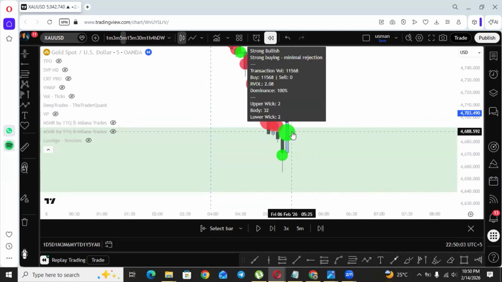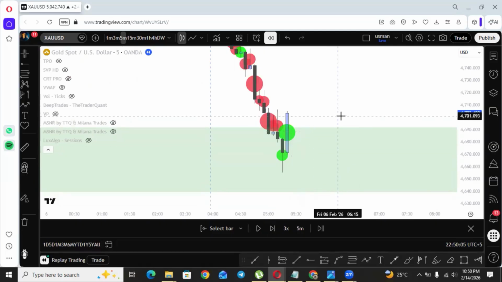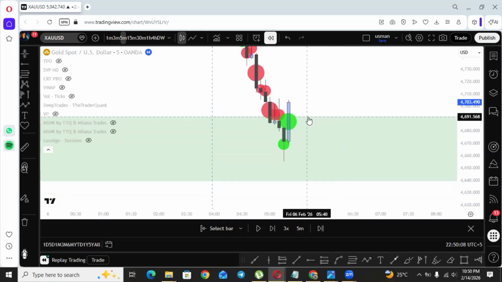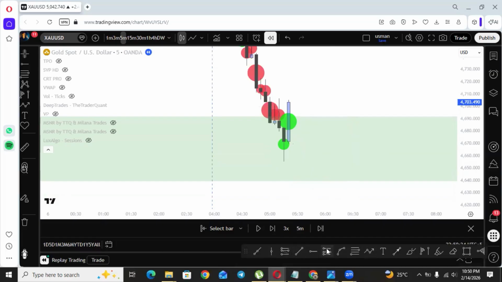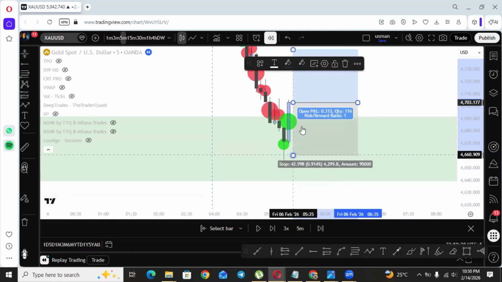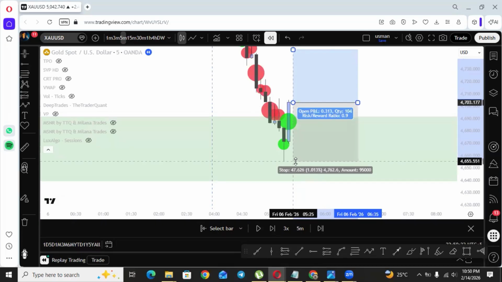We got a good follow through from the buyers. So we have confirmed that sellers are completely absorbed, and buyers have also shown their aggression. This is the A plus setup, and our tool only shows the A plus setup. You only have to take the A plus setups. We will enter from here. You can enter from the retrace, but we will enter from here.